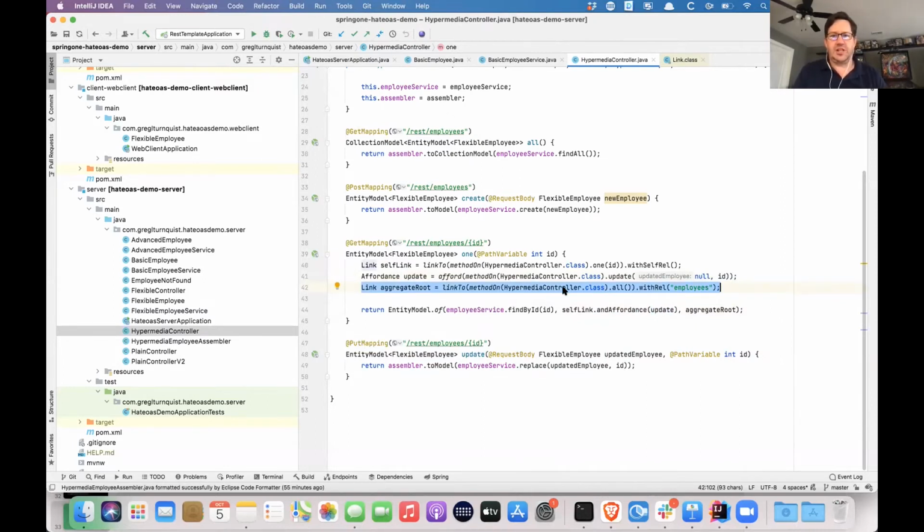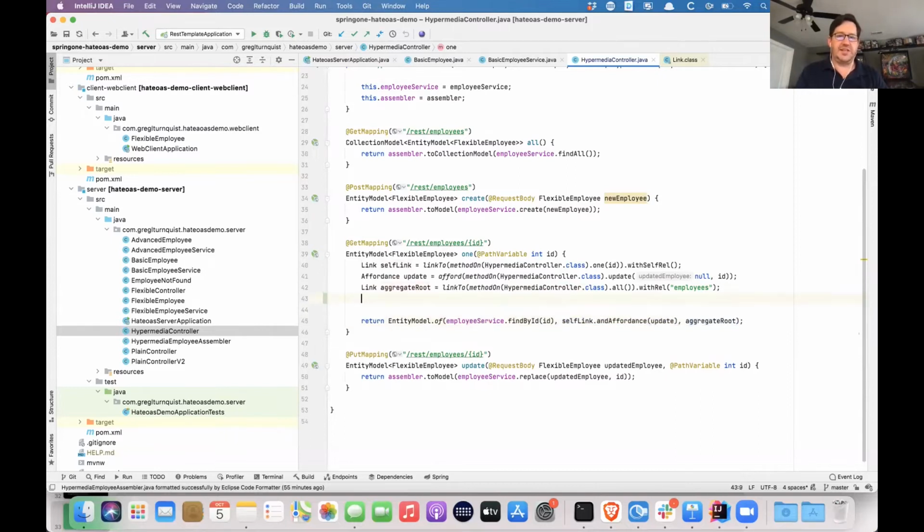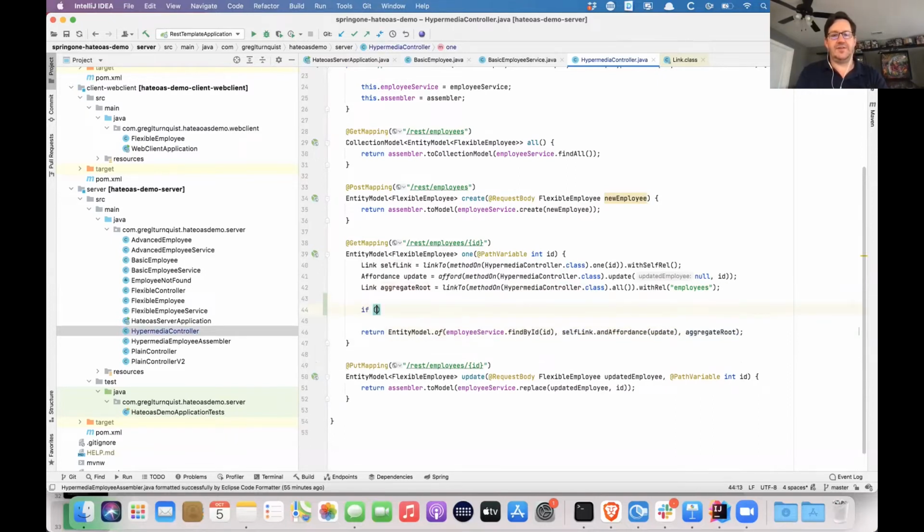In this case, I want to link back to this class's all operation, and I'm going to give it the relationship name of employees. So in a sense, I'm returning this core data with two links, the self link and the aggregate root link. But you have the ability to say,